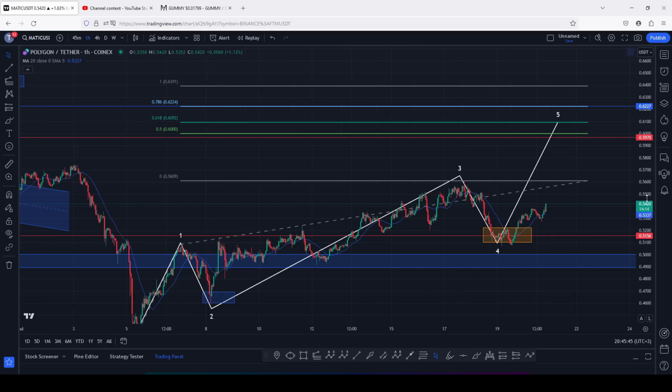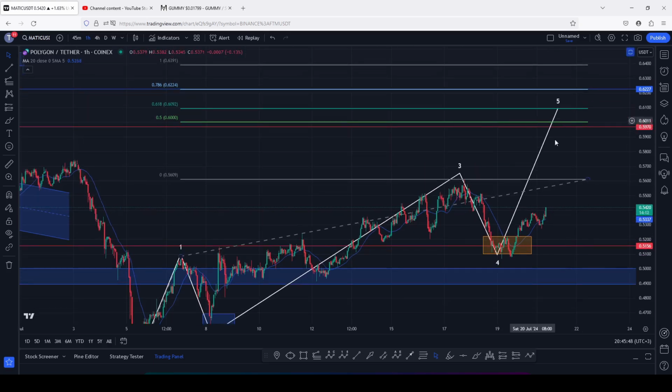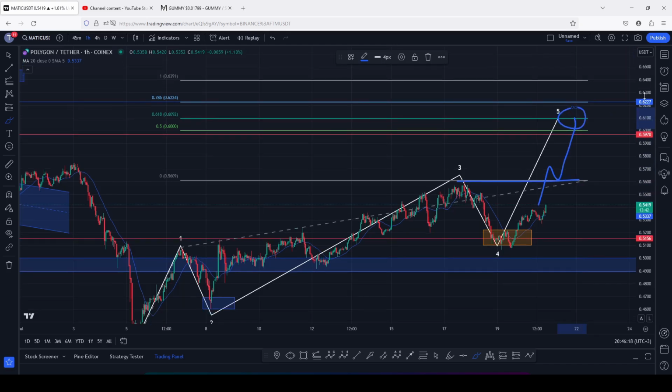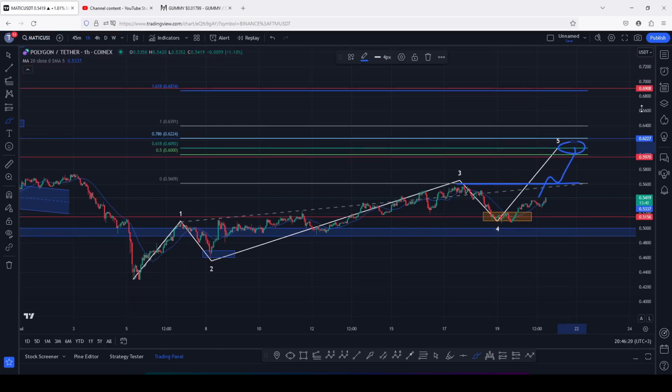And for me to get confirmation that we are going to fully hit that target area, we first need to see a break above the significant high in this Elliott wave count 3, which perfectly lies above the 0.5609. The moment we see that push to the upside and we manage to break above this high over here, maybe with a retest, then we can continue watching for higher prices in a move that should easily get us back above the 0.6092. And once we fully maximize that target area, we can continue expecting even higher prices where we can see